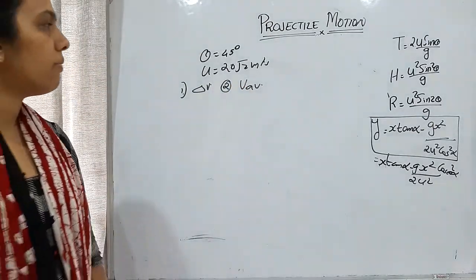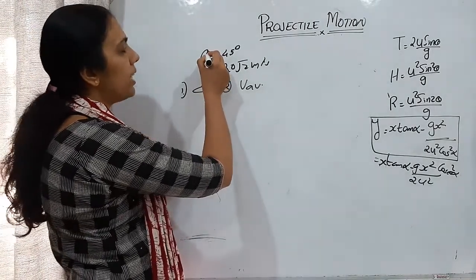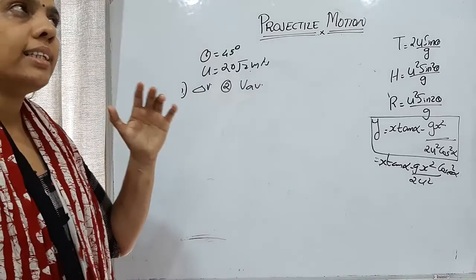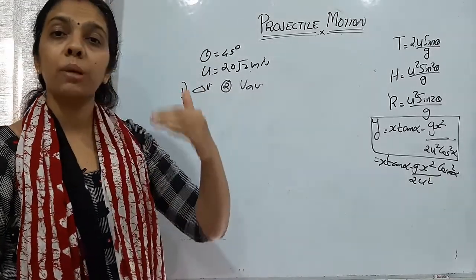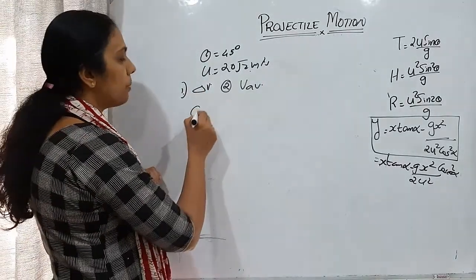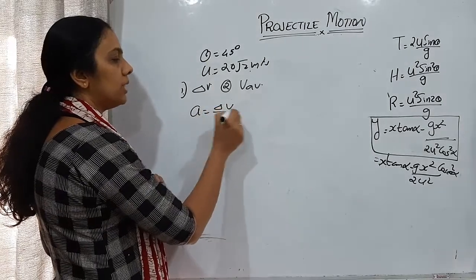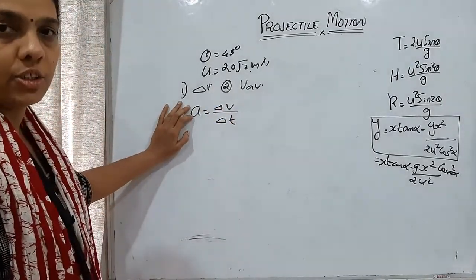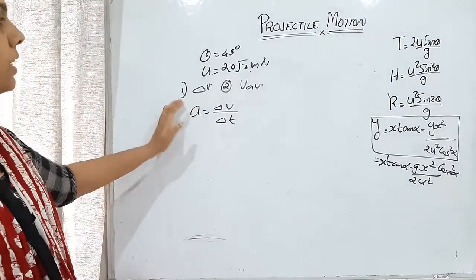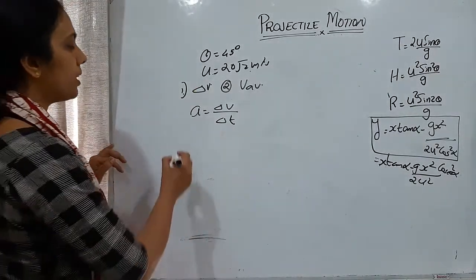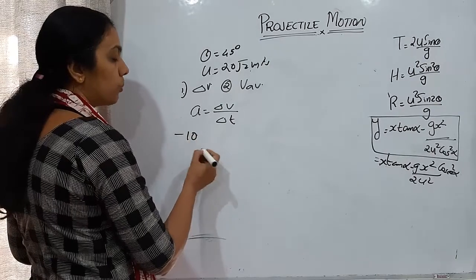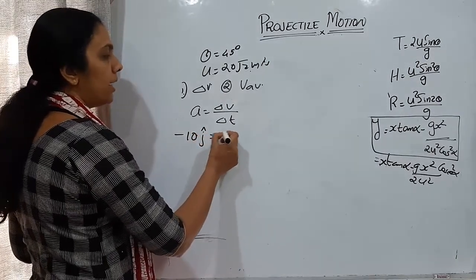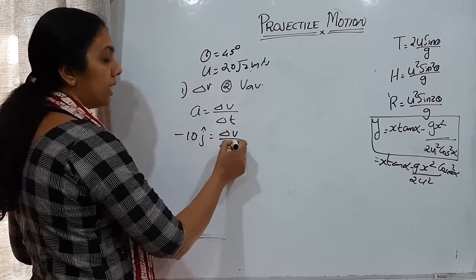Okay, how can we find the change in velocity? Only the angle and initial velocity are given. So relating to change in velocity, which formula do we know? Acceleration is equal to change in velocity divided by time, right? So that is acceleration. What is the acceleration at this stage? When we are throwing an object in the upward direction, acceleration will be equal to minus 10 j cap. That will be equal to delta v divided by delta t.